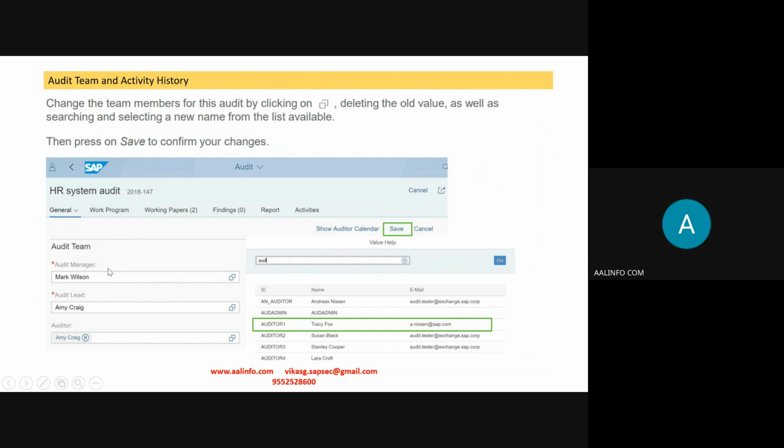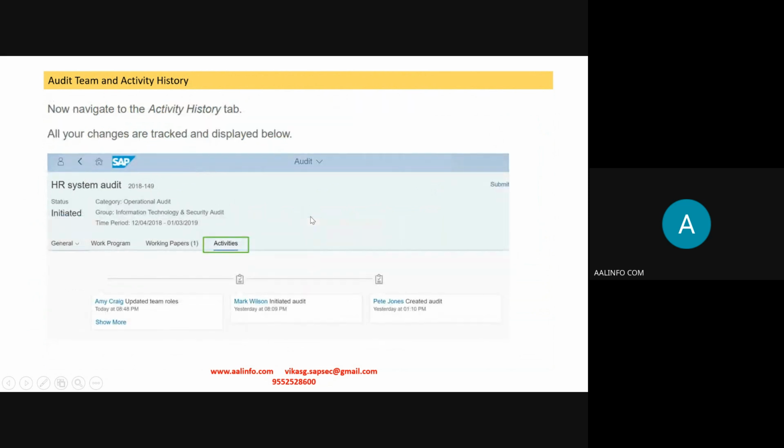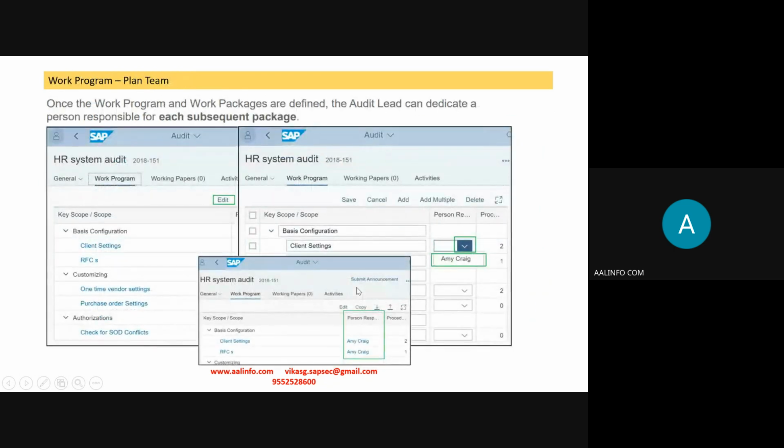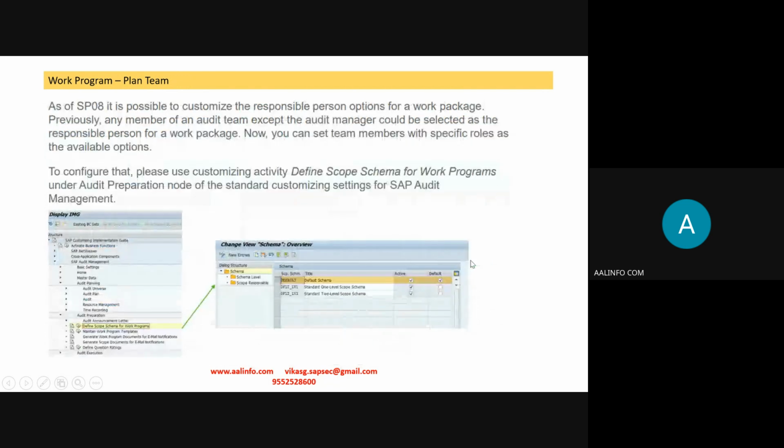And then the person who is involved in that, they will track their activity. They can add their activities, what activity they are doing. So you can say update from the roles initiating the audit. So that activity you can perform, see that, okay, from where to where it is going, who did what. So person responsible, the procedures